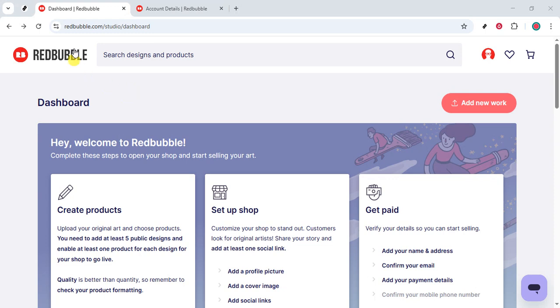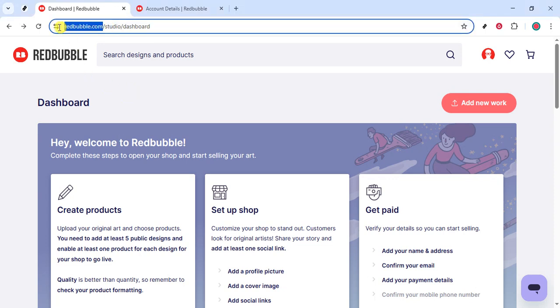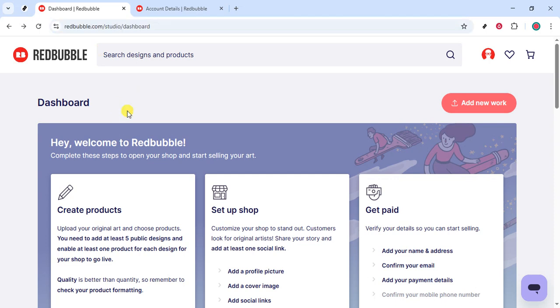First, open your preferred web browser and go to redbubble.com. Make sure you're signed into your artist account before you proceed. If you aren't logged in yet, use your usual credentials and wait for the home page to load fully. It's a good idea to check that the address bar shows the secure connection indicator to keep your information safe. Once you're on the site,